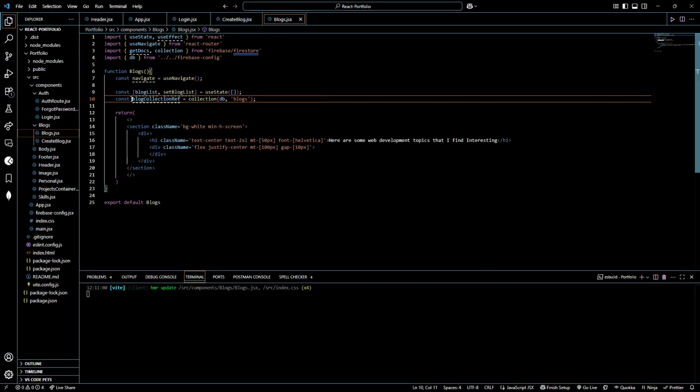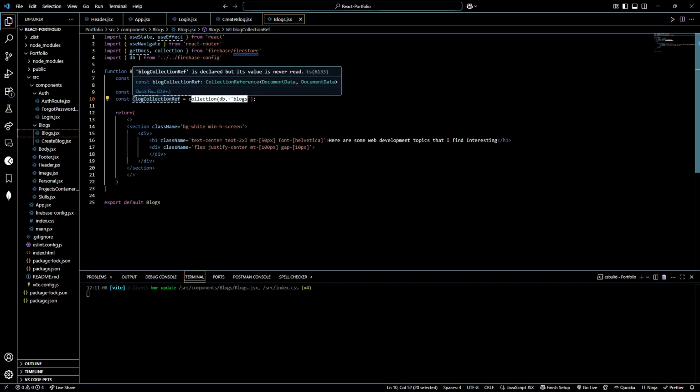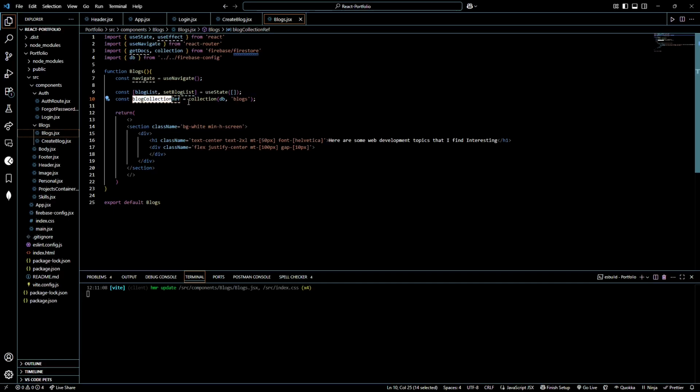Then initialize our blog collection reference. This is the reference that we send to Firebase so it locates our documents for us. Now we use this collection function again, which is here, pass in our database and our collection name. Remember, with these variable names we use camel case. So the first letter of the word will be lowercase,